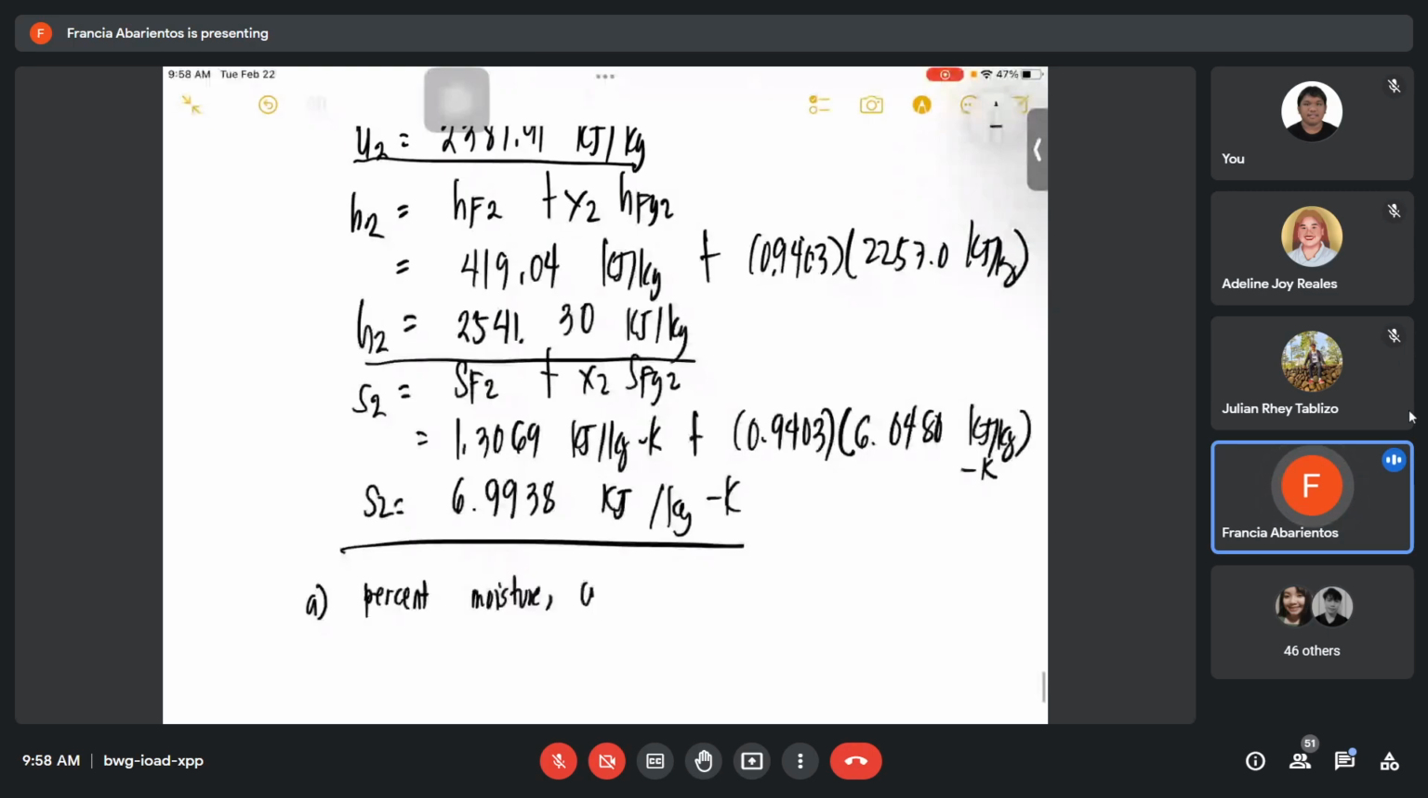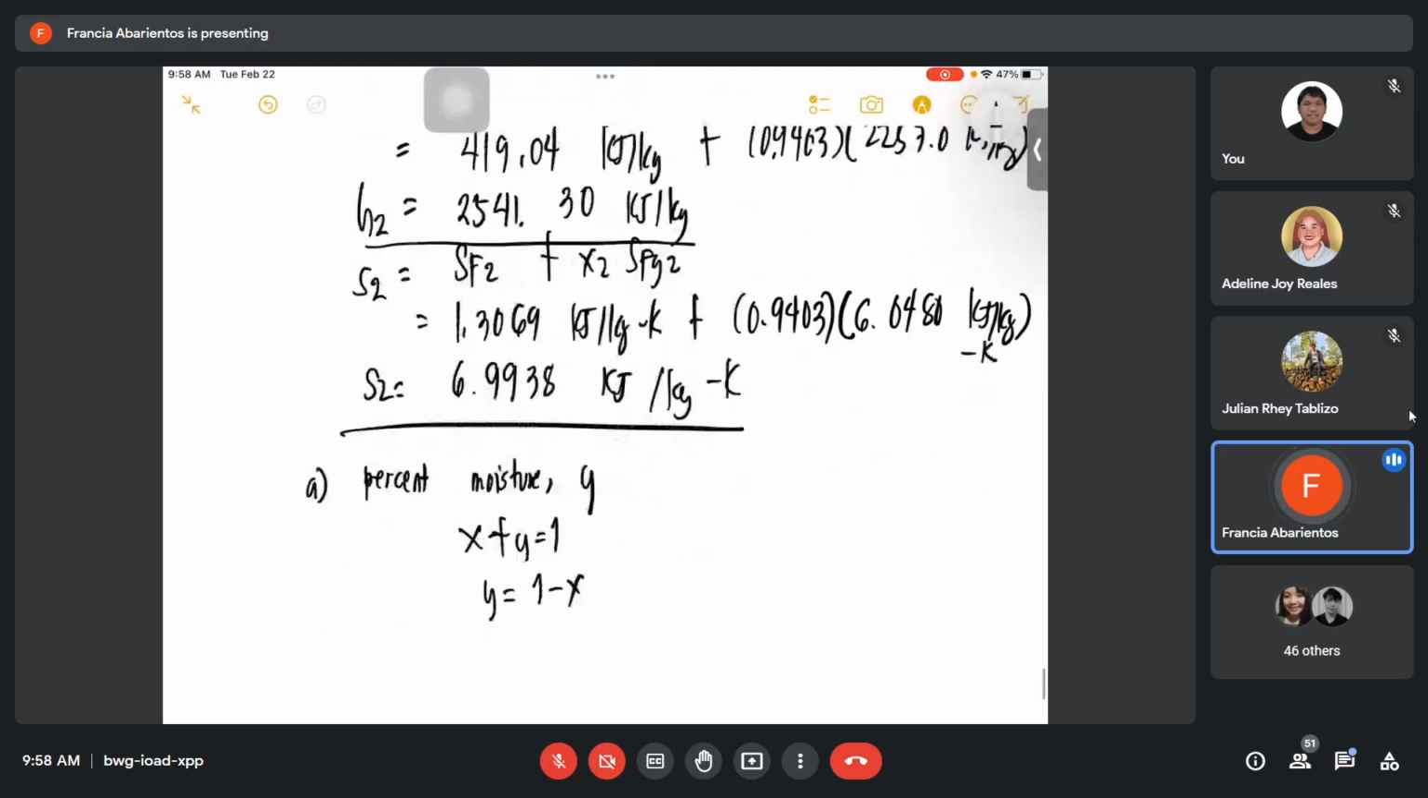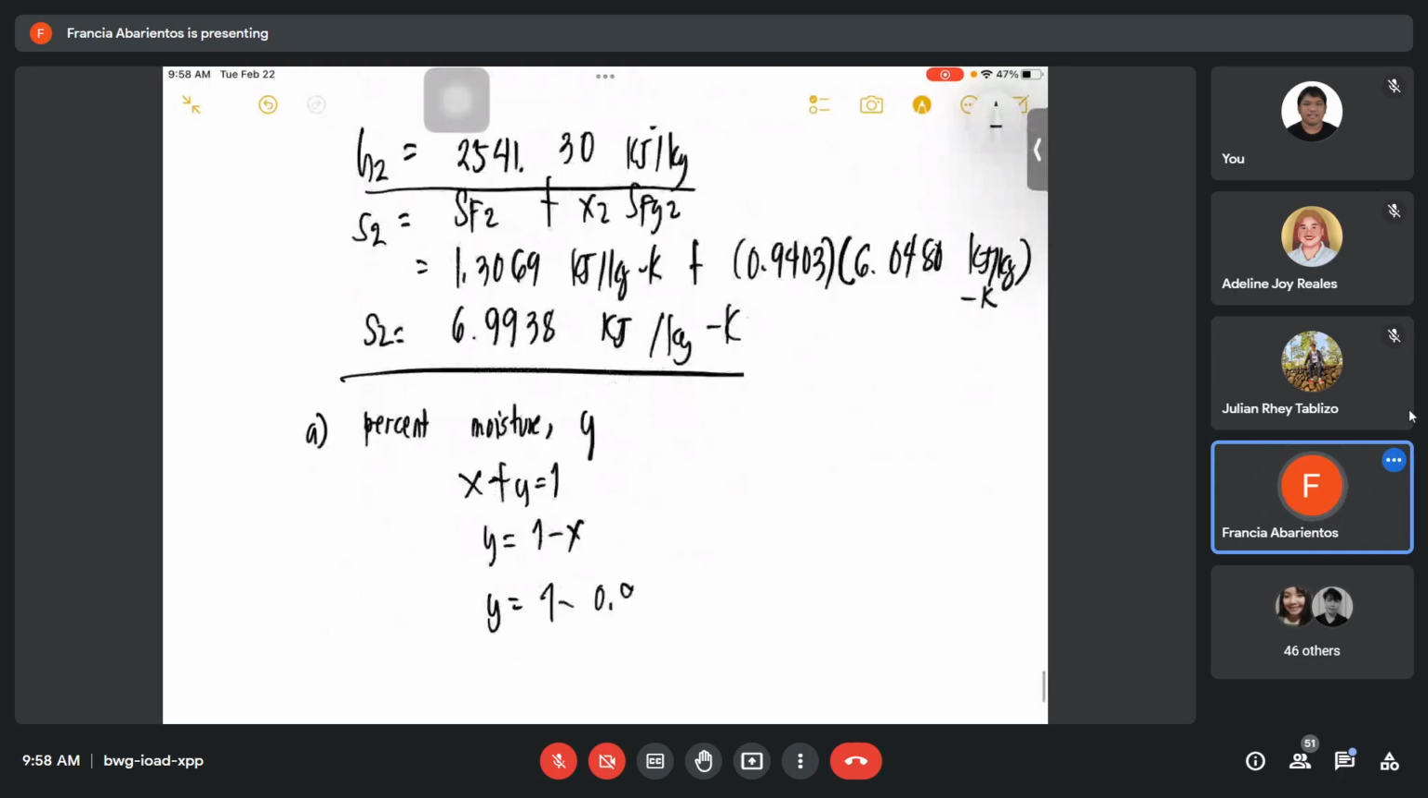So, we all know that X plus Y is equal to 1, then Y is equal to 1 minus X. So, we have 1 minus 0.9403. We have now the percent moisture. Ilan yung answer natin? Answer, 1 minus 0.94. We have 0 point. What is now your answer? Okay. We have now,